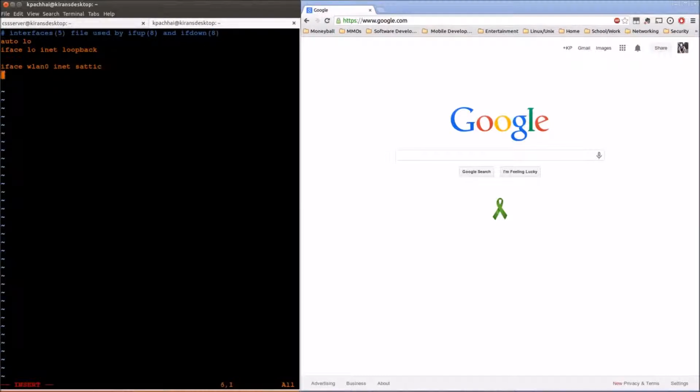inet static address. That's your IP address, so it would be 192.168.0. whatever you want. We'll come back to this IP address later on, so you probably need to keep this safe so you don't forget. And for the next line, you would do netmask 255.255.255.0